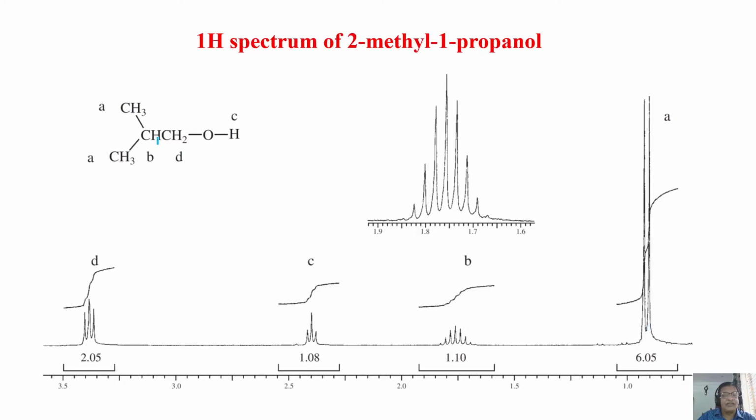You can see this CH is coupled to this and also this. Otherwise, it would have been simply a triplet. But in fact, it is a complex pattern. Here, you must assume it is coupled to this. And the very fact that we have only two peaks present here, a doublet of equal intensity, means these two CH3s are chemically equivalent and it should give a single peak. But because of coupling with CH, it is a doublet. This analysis becomes simple, very clear now. We have assigned all the peaks. We have looked at the multiplicity pattern and it matches with our molecular formula and structure given.